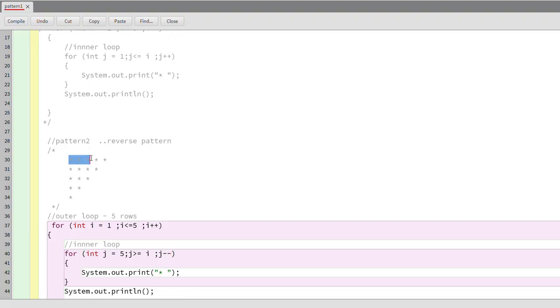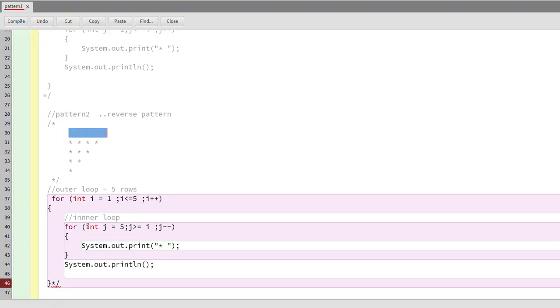So in the first row it will go from 5 to 1: 5, 4, 3, 2, 1, so 5 stars will get printed. Then in the next row, i will increase and these stars will go on decreasing. So this is the way you have to update your inner loop; you have to change this pattern in the inner loop. The system.out.print star will be the same as it is, because all stars are to be printed on the same line.